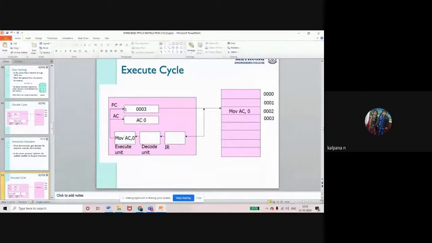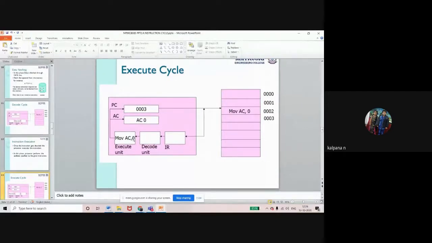Now it will go to the next address, meaning the next instruction. What is the next instruction in 003? Here there is nothing, so it will stop. If there is an instruction, the process starts again: it fetches the instruction, gives it to the instruction register, then to the decoding unit to convert mnemonics into zeros and ones.